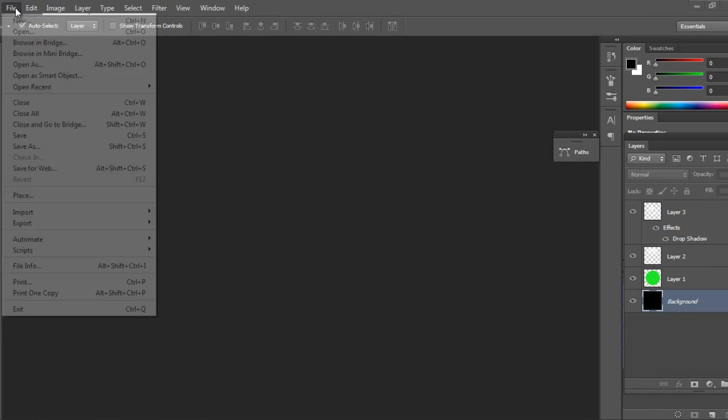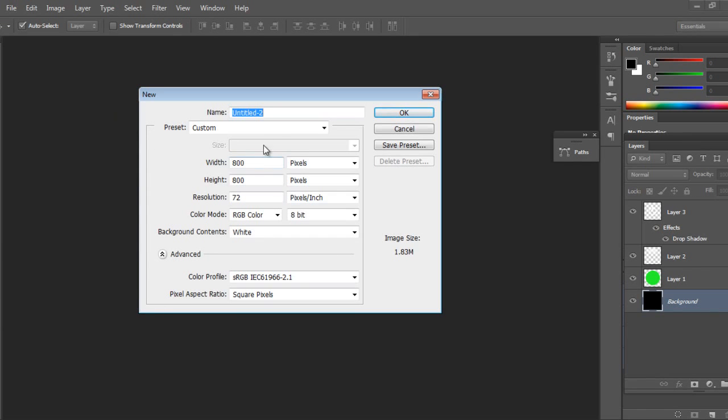I'll take a new document. Generally it will be in pixels. I'll take 800 by 800. Of course the resolution will be 72 because it will not be in print format.